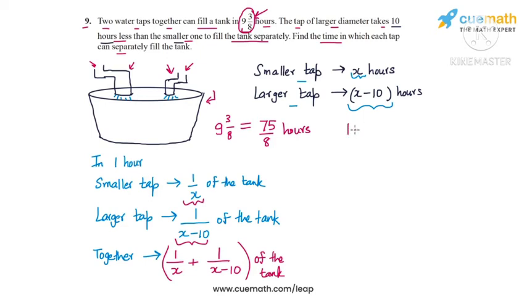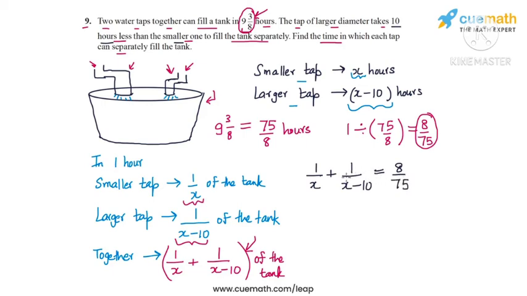So they will fill 1 divided by 75/8 of the tank, and this is equal to 8/75. So in 1 hour the two taps will fill 8/75, this fraction of the tank. But we've also calculated this same fraction in terms of x. In 1 hour the two taps will fill up 1/x plus 1/(x minus 10) of the tank. So from here we get our equation in x. So we can say that 1/x plus 1/(x minus 10) should be equal to